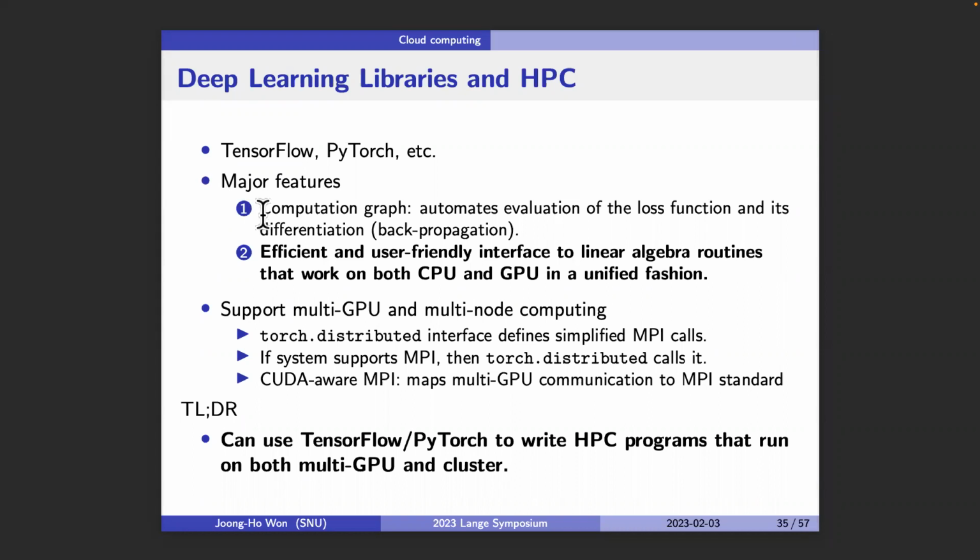First one is the computation graph that automates evaluation of the loss function for neural networks and does the differentiation of the loss function automatically, which is backpropagation basically. So most of the neural network engineers focus on this part, but as a high performance seeking statistician,